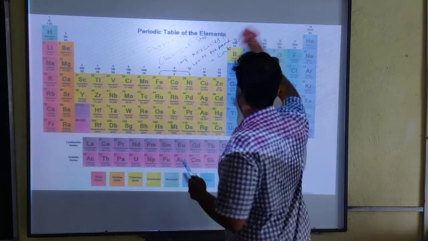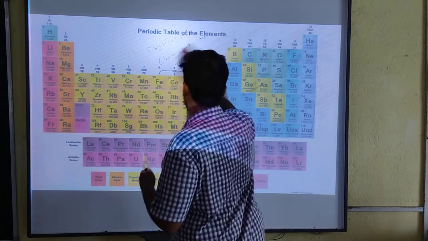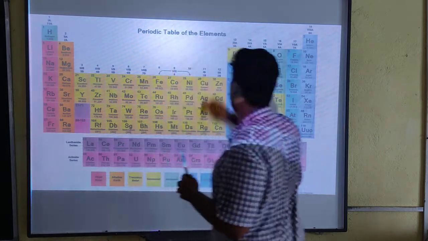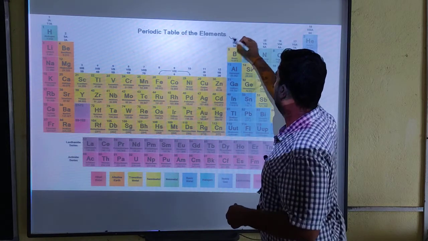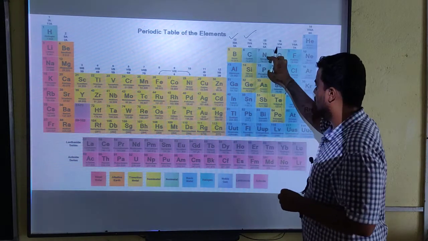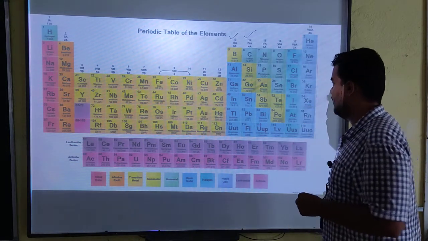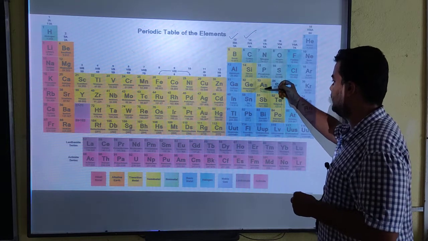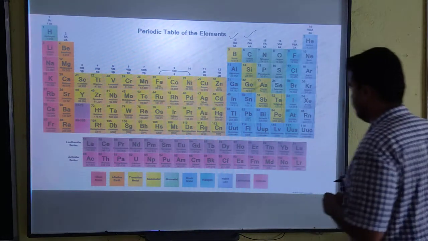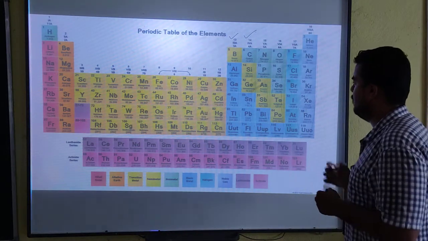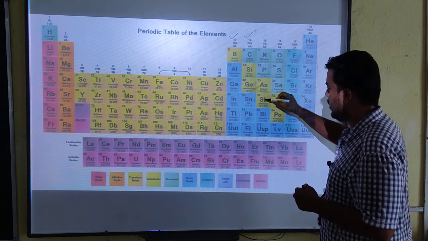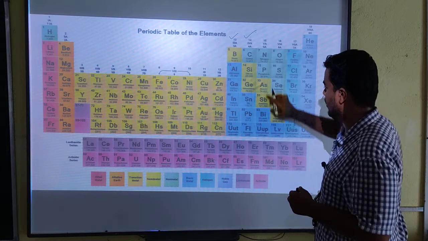In class 11 we have studied group number 13 and 14, that is the boron and carbon groups. So now we will start with the nitrogen group. In the nitrogen group there are 6 elements: nitrogen, phosphorus, arsenic, antimony, bismuth and one radioactive element. For our study the most important are 5 elements: nitrogen, phosphorus, arsenic, antimony and bismuth. These 5 elements are very important for us to study.